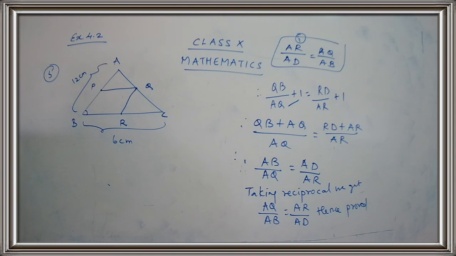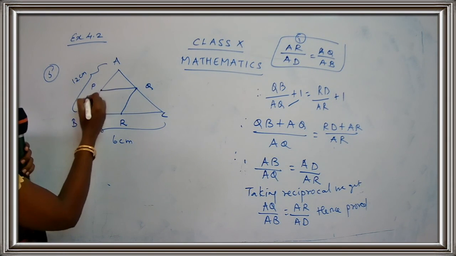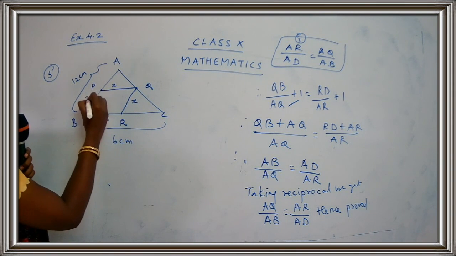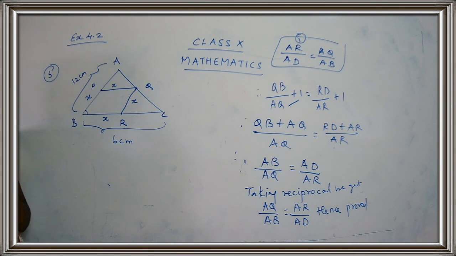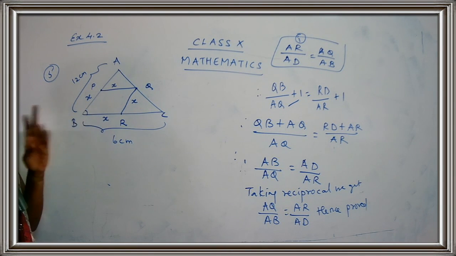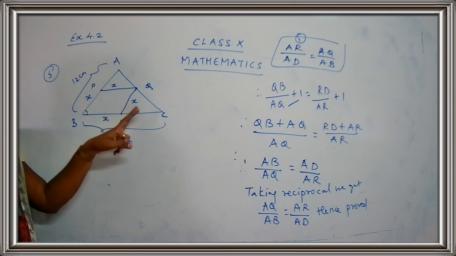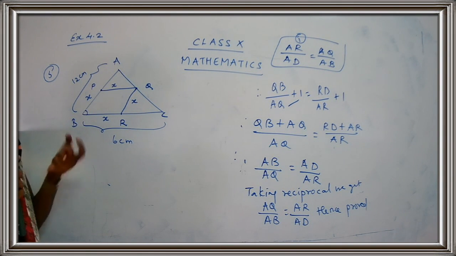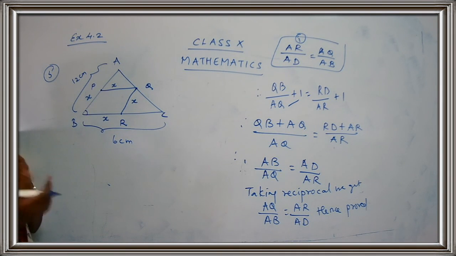And here we have to use two properties of a rhombus, children. All the sides of a rhombus are equal. Okay, what is the condition? All the sides of a rhombus are equal. So if you take this part as x, this will be x, this will be x, and this will be x. Just remember, all the sides of a rhombus are equal. So x, x, x, x. It has 4 sides, so all the 4 sides have the value x, because we don't know the value for the side of a rhombus.